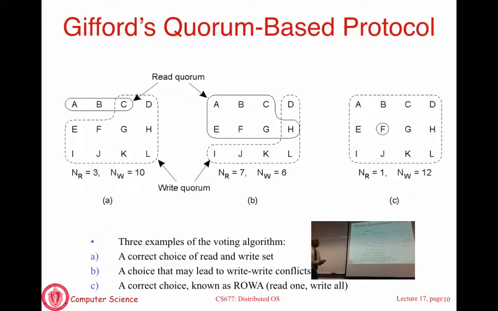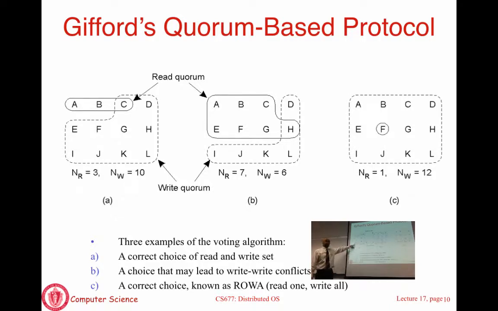So here are 3 different scenarios of how you have implemented this. We'll assume that there are 12 servers, A through L. 12 servers in the system. Each data item is replicated. Let's say it's just a file. Each file is replicated on all of those 12 servers. We'll also assume that there's a version number with each file, or maybe a timestamp with each file, it doesn't matter what it is, which says when was the most recent update that that server has seen. So we are going to configure the system 3 different ways.